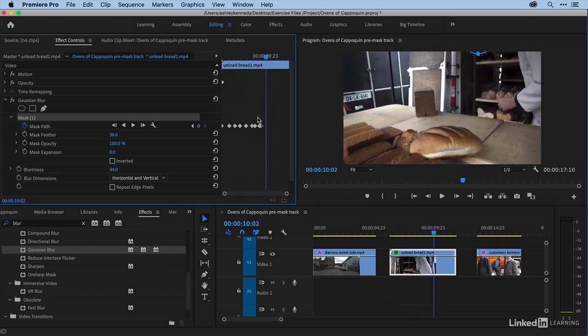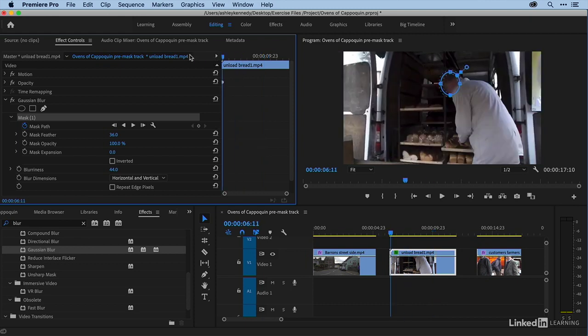I'm going to delete all these keyframes, so I'll just lasso them and then press delete. And let's go back to the beginning, and I want to talk to you about the automatic controls. In many cases, you can tell Premiere to follow the action across the frame for you. So what I'm going to do is come to this wrench, and in this case, I want to make sure that position, scale, and rotation are chosen because those are all the things that are happening within the motion of this shot. I also want to make sure that preview is checked so that I can actually see the mask